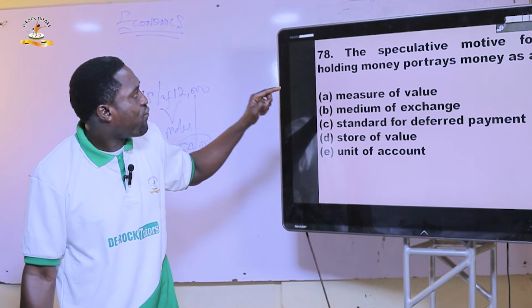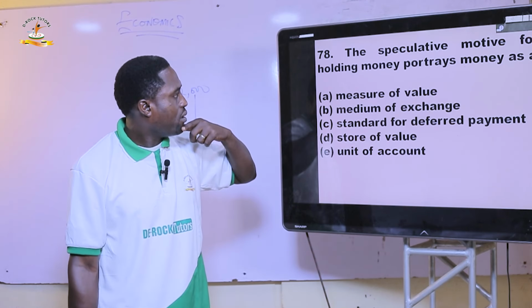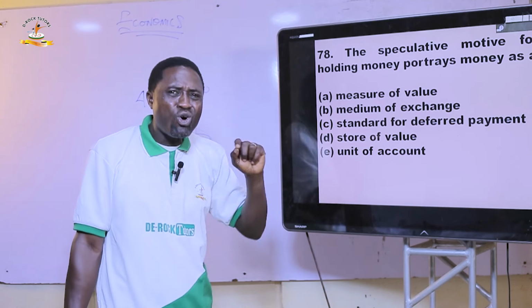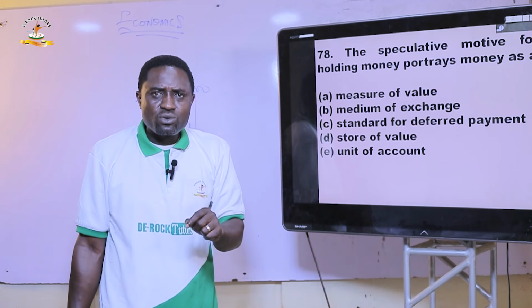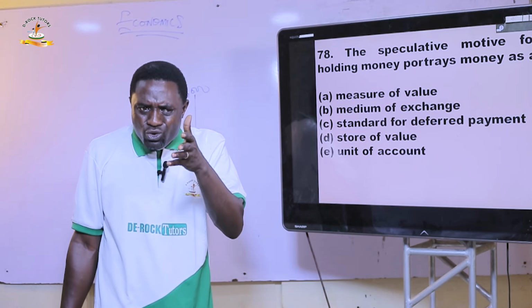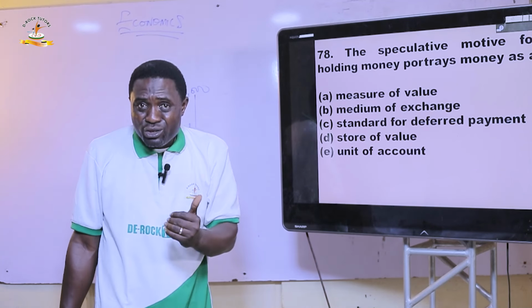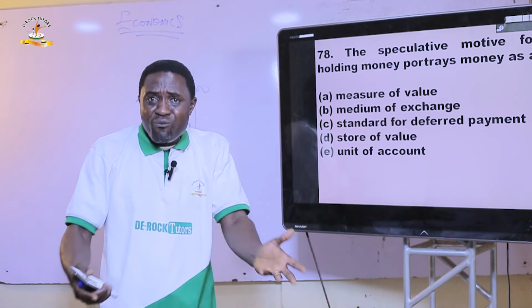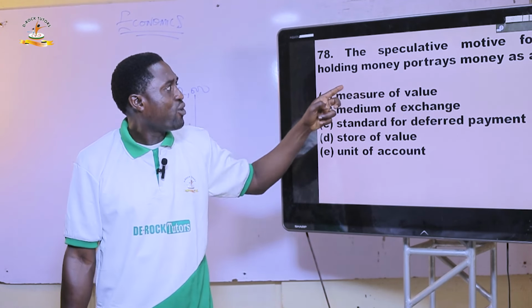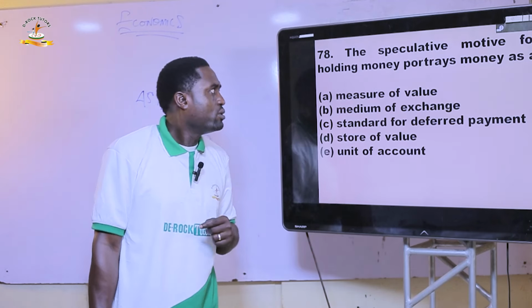So the speculative motive for holding money portrays money as a measure of value, medium of exchange, standard for deferred payment, store of value, unit of account. It is store of value because when you buy investment, you invest with your money. What you are expecting in return should be something more valuable. You understand? So, as a store of value, the speculative motive for holding money portrays money as a store of value. So, the next question,